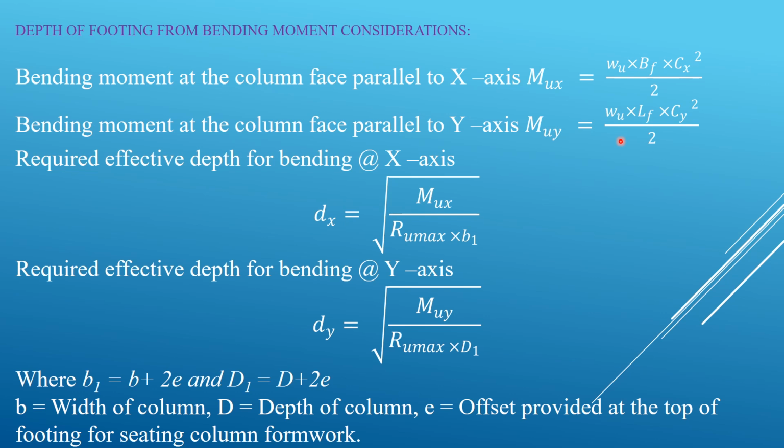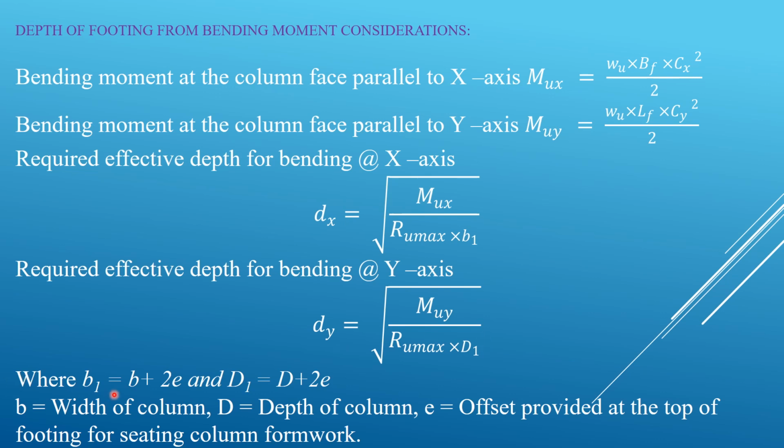Then the required effective depth for the bending moment about the x-axis is calculated as follows: dx is equal to the square root of MUX divided by RU max into B. Then the required effective depth for the bending moment about the y-axis is dy is equal to MUY divided by RU max into